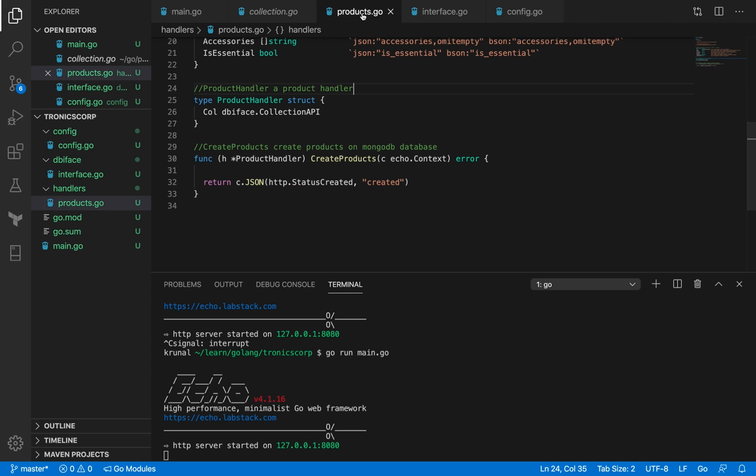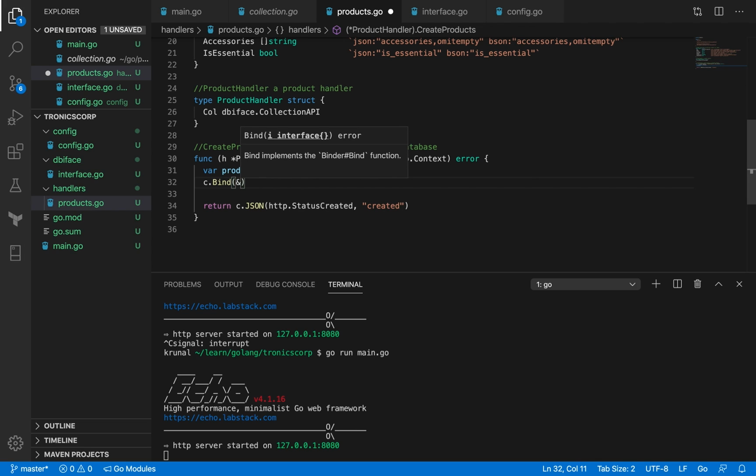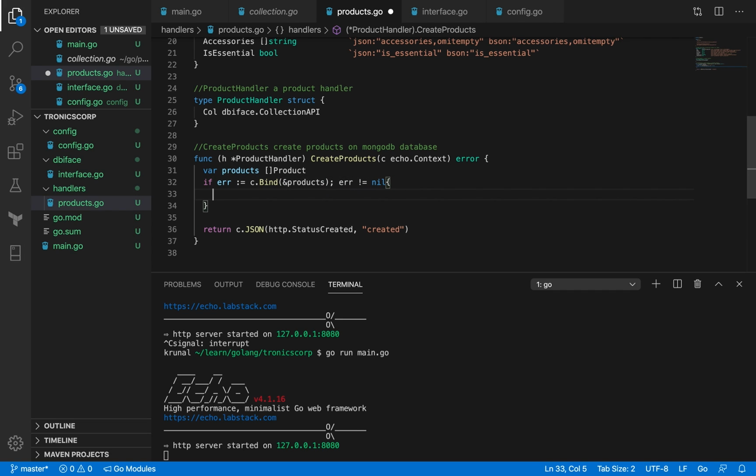Now we come back to our products and we start implementing it. First of all, let me define a products variable, and that's going to be a slice of products. This is a list of products being passed to me in my request payload, so I'm going to read it off. I'm going to read the request body and decode it into my products struct. It's going to return an error, and if error is not nil, then I'm just going to return unable to bind, and the reason is going to be this. But if it works out so far, then I have a product struct that I can now use to